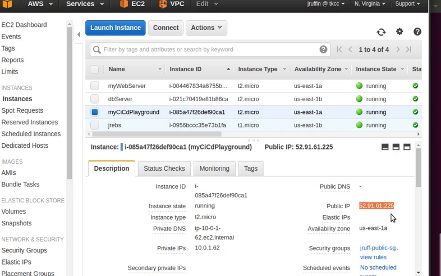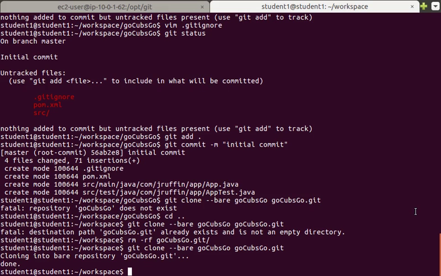52.91.61.225. I'll copy that. We'll go back over here. Now we need to secure copy, right? -r, right? Recursive. That would be gocubsgo.git, because that really is a directory. We're gonna copy that to